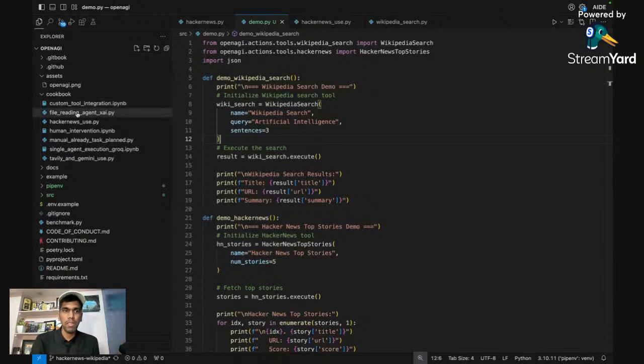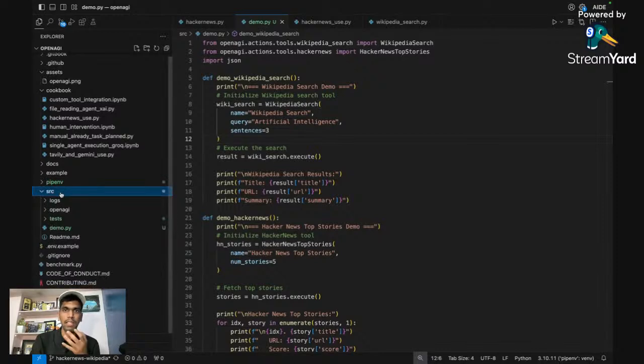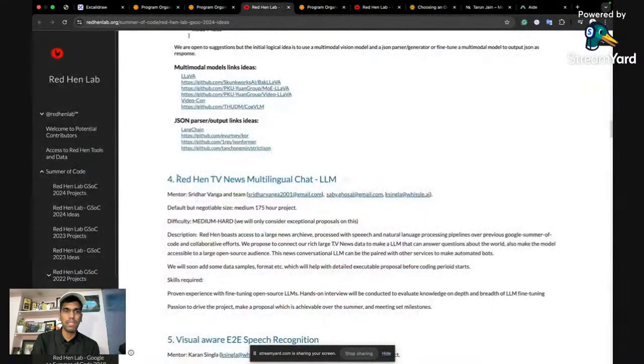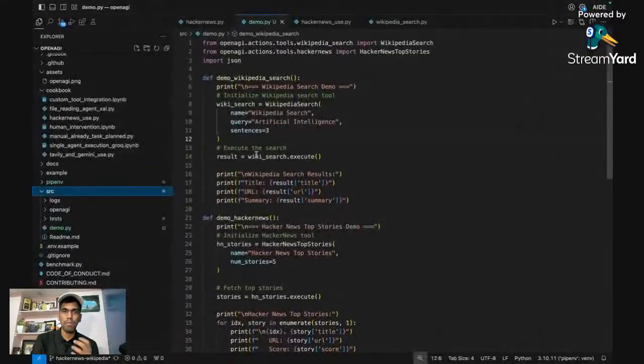So once you open any repository, you need to navigate inside the code base where the actual code is written. And all this description will be given in the project details of the idea list. So if this is the idea list, you will be given the entire details of that particular project and the repositories. If you see here, for a few of the repositories, you already have the link. Now, once you clone the repository, this is the IDE that we are using.